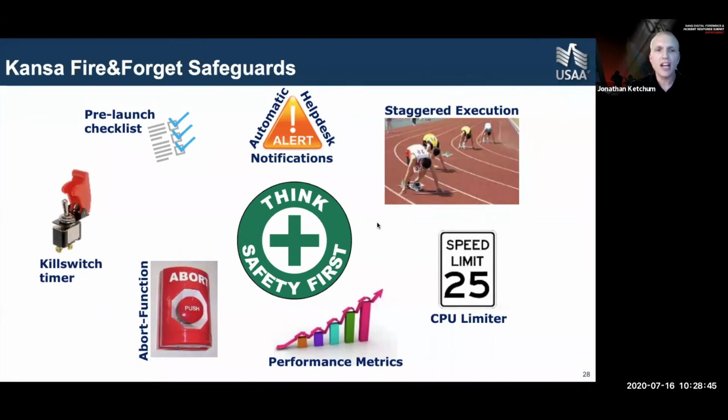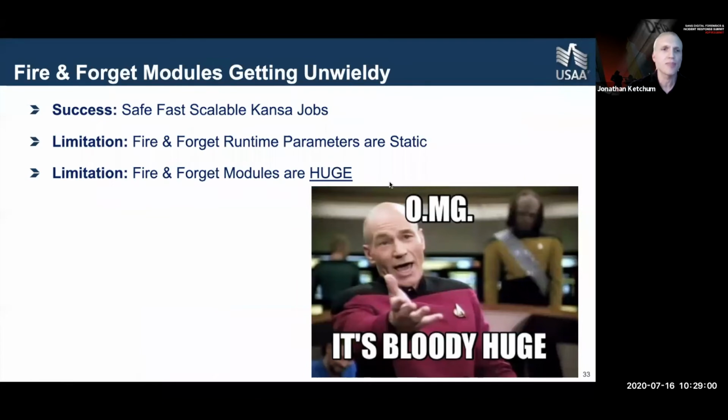And then finally, a sort of dead man switch. We set a timer to say no Kansa module for this particular type of module should run longer than X minutes. And if that time elapses and the module's still running, it'll terminate it on the endpoint without us having to do anything. So now we've got safe, fast, scalable Kansa jobs that aren't firing alerts into the queue, but